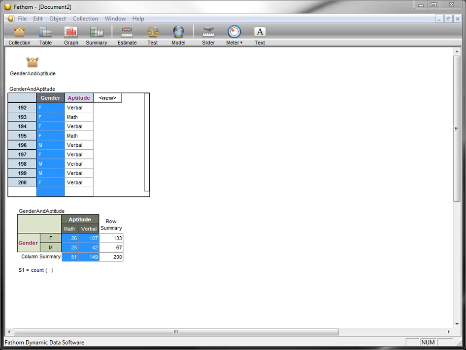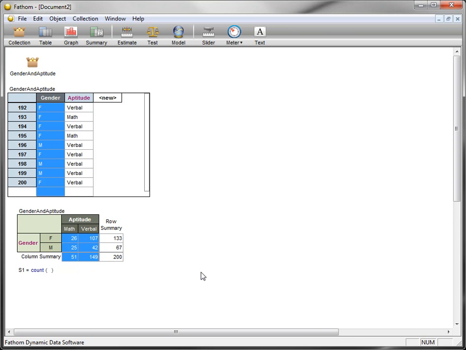So recall this gender versus aptitude data set that we've been working with throughout the semester. We have a subset of a cohort of Rhodes students, and we've pinged each male or female in that cohort by whether or not their math SAT score was better than their verbal SAT score or vice versa. So this creates a dichotomous by dichotomous analysis situation, and we've already used randomization testing to test whether or not